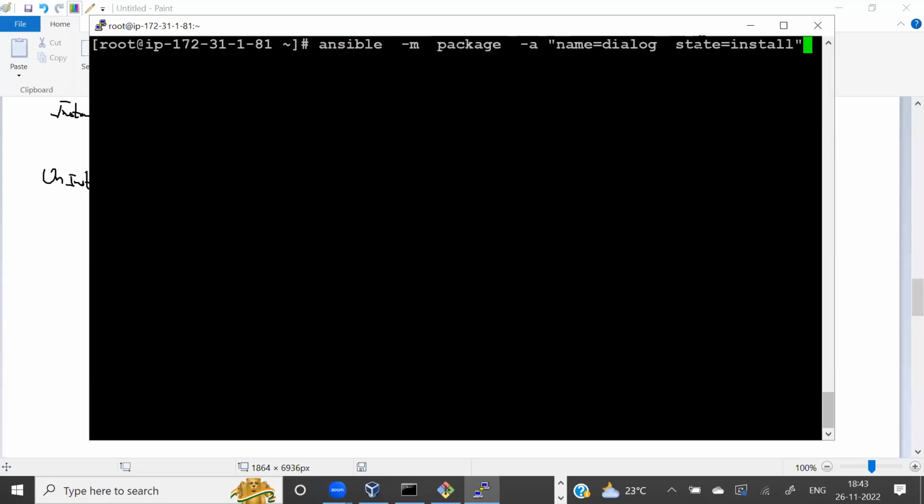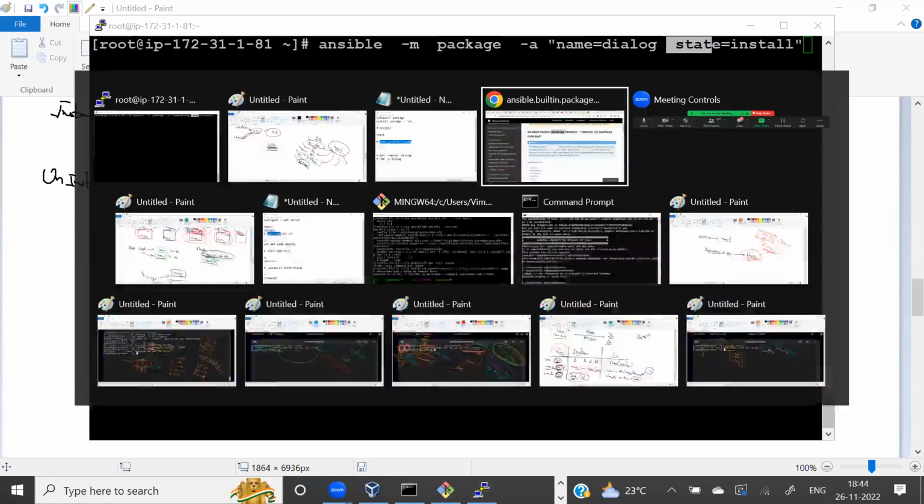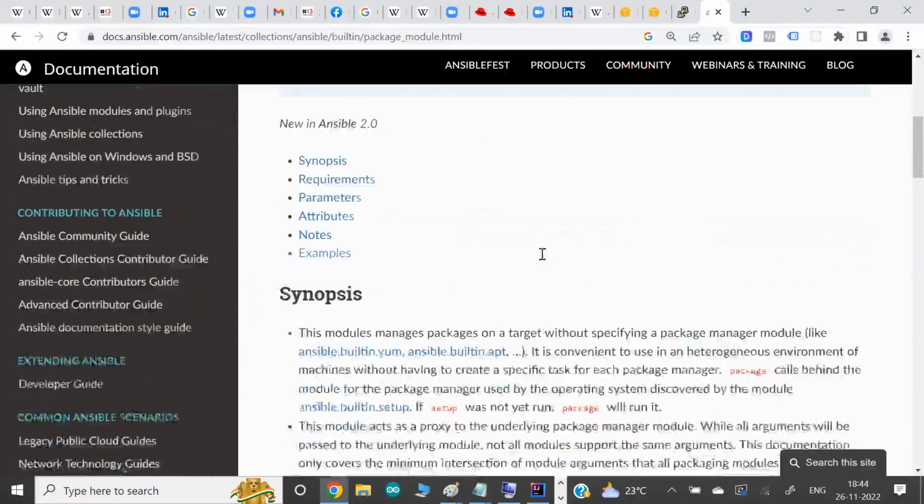It means in the package module, the name of the software is dialog and I want the state to be installed or uninstalled. But again, you don't have to memorize these keywords. Whoever created Ansible, in the documentation they are very clear.